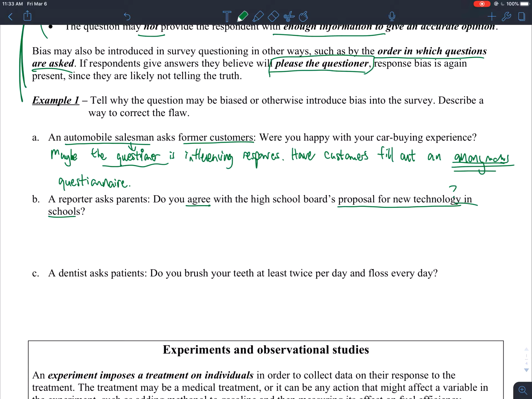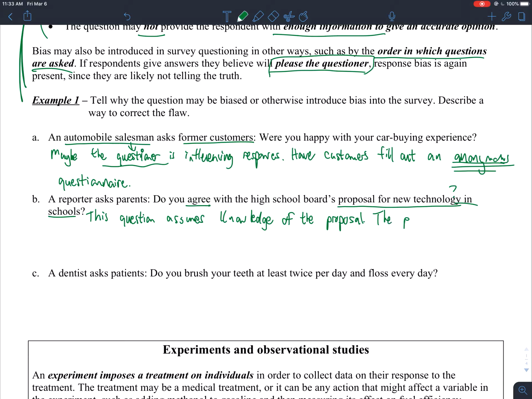Okay? So, this question assumes knowledge of the proposal. Okay? So if I don't have knowledge of the proposal, then I can't really answer the question properly. All right? So